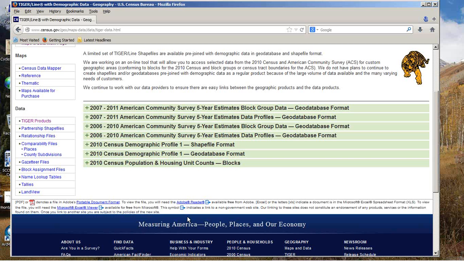There's no ACS data in it, but it's got a variety of population and housing data in there at various levels of geography. It's not everything, it's a subset, but I encourage you to peruse it and see if it's got data in there that you might like. There is going to be a data dictionary under each one of these. You have to kind of dig to find it. So for each one of these pre-joins, they list the data dictionary, which lists which variables are in those geodatabases. Some interesting ones are the